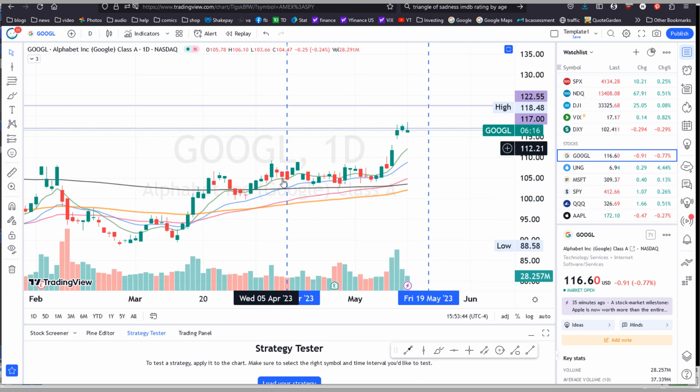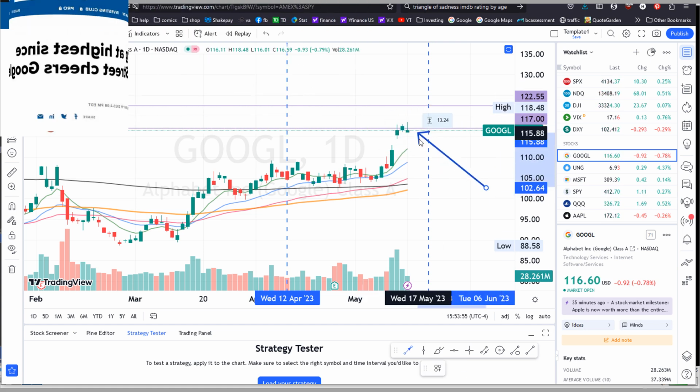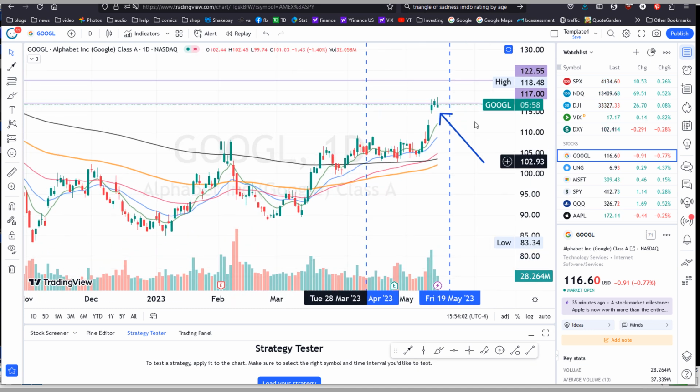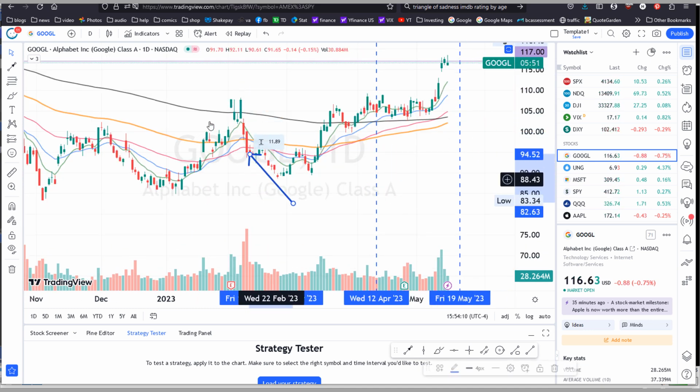It looks like it was pretty flat during most of that time, but then last week there was some news, and then we had this gap up with Alphabet, but it's losing steam, so I'm going to guess that it's going to come back down and fill this gap because that has happened before. As you can see over here, big gap up, but then a few days later, it came back down and